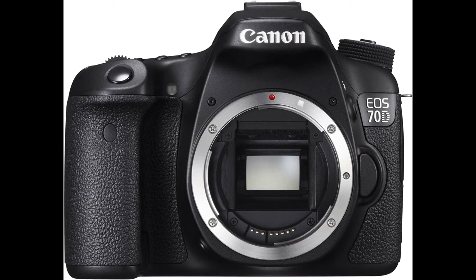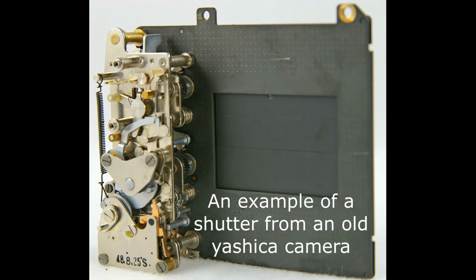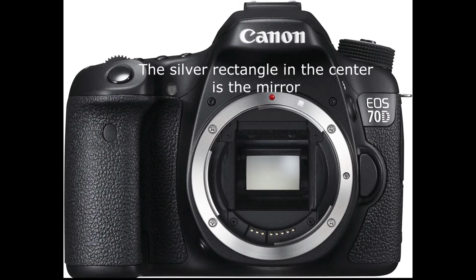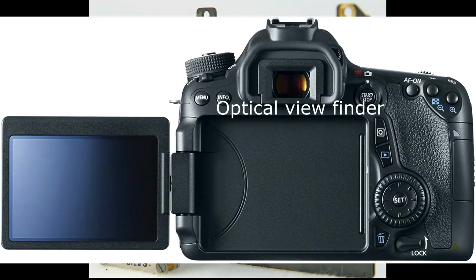So before I talk more about it, let me tell you how the camera works. Inside your camera, if you take off your lens, and I'm assuming you might have a DSLR, point and shoot cameras work slightly differently, but most of the principles are still the same. You allow the light to fall on your sensor, and then it captures the photo. In front of your sensor, you have a thin element called the shutter, and in front of that shutter, if you take DSLRs, then you will have a mirror.